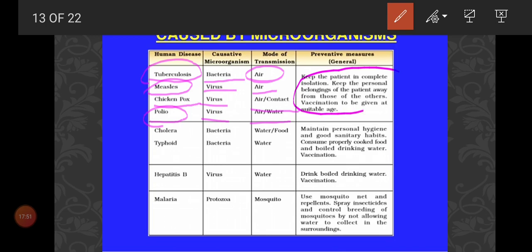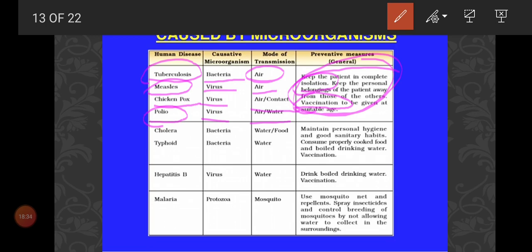So how can we get rid of all those problems? If a person is affected, we need to isolate the person. Isolate means we separate the person in one room. Automatically the other people won't come in contact with that person, so they won't get that disease. And also we need to have vaccination at a suitable age. When we have vaccination, automatically we won't get these kinds of diseases. Already we know what vaccination is. To prevent disease, doctors give a vaccine in the form of injection or drops. Polio is given as drops, and the rest are all given through injection.